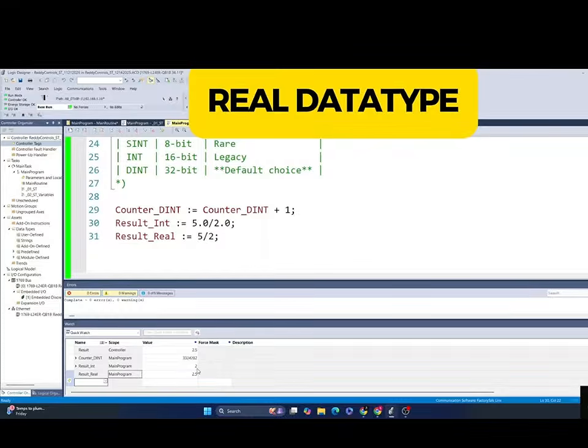My result is still 2, but that's because my value is an integer here. So let's see, you could also do a REAL of 5 divided by